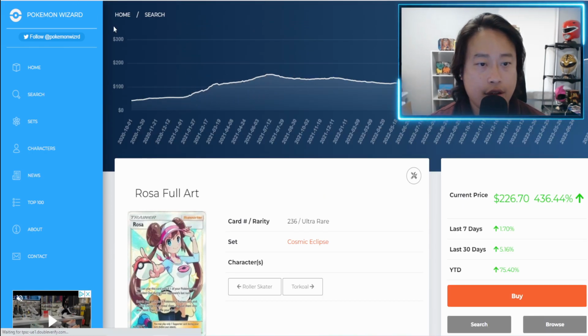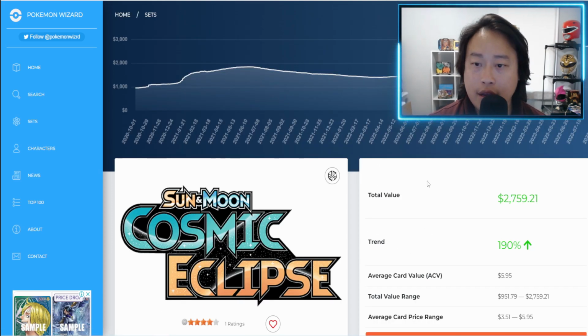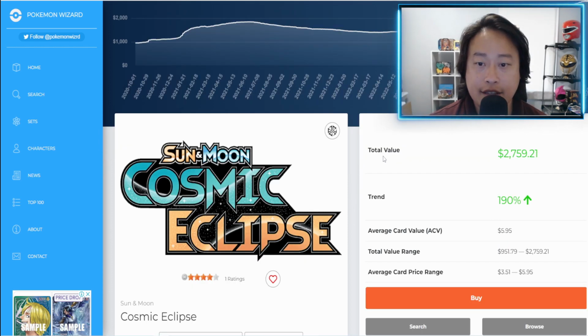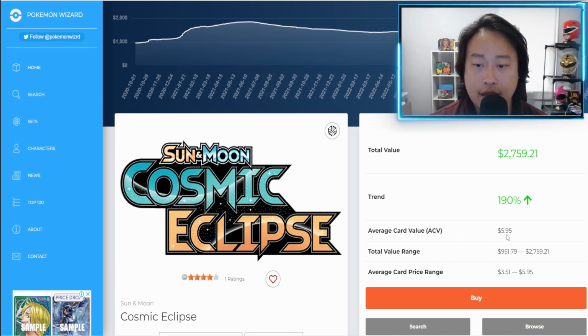All right, let's take a look at the second chase card of the set. Oh, and by the way, here's the data for the set as a whole. The total value for the whole set, if you were to add every single card up, is $2,759.21. The trend has increased 190% from October of 2020. The average card value of this box is $5.95. The total range was $951.79 to